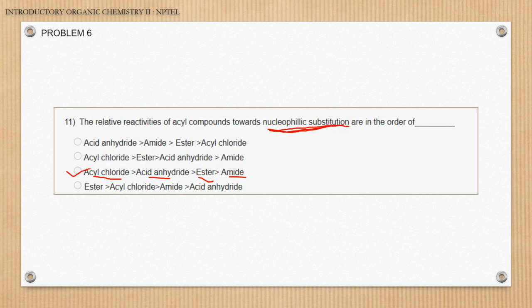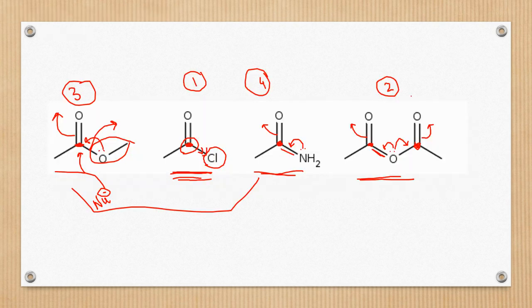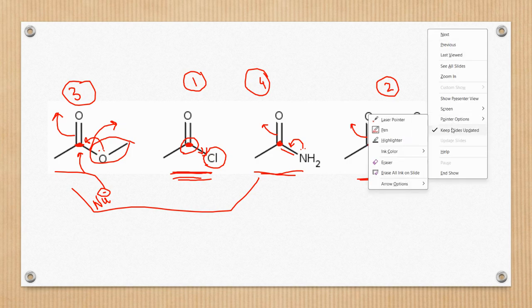So is it clear to all of you this much? Does anyone have any doubt regarding this question? Is it clear, guys? Should I move forward? Excuse me, ma'am, how is acid anhydride higher as compared to ester and amide? Please explain again. Okay. See, when you see an acid anhydride,